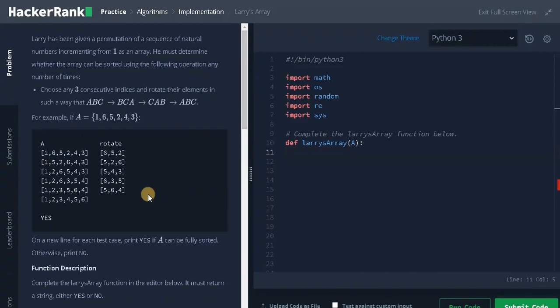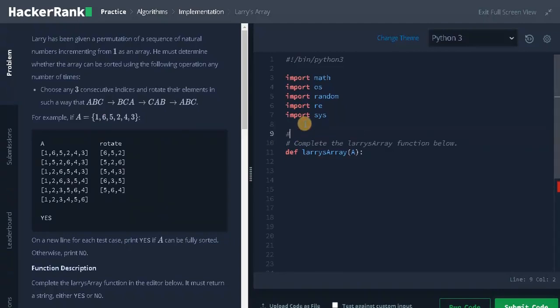So for the logic of the problem, we need to find the number of inversions in the array and check whether the inversions count is even, or divisible by 2. What is meant by inversion: if you pick a number, the number of elements to its right side that are smaller than the selected number is the inversions. Here if we take 1, there are no inversions. If we take 6, there are no smaller elements. If you take 5,